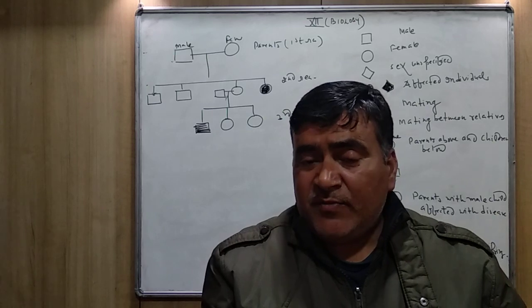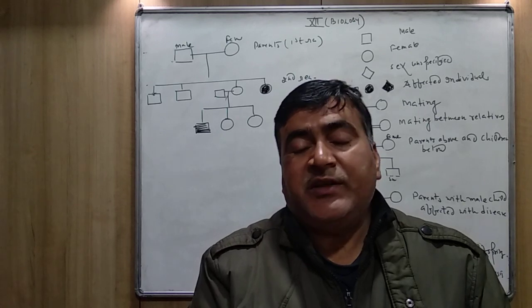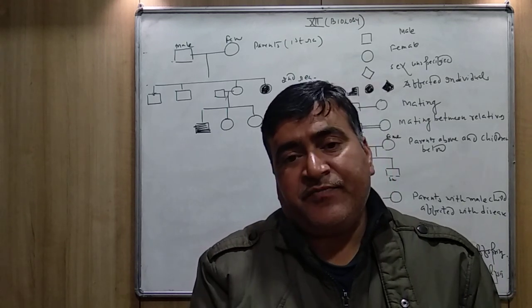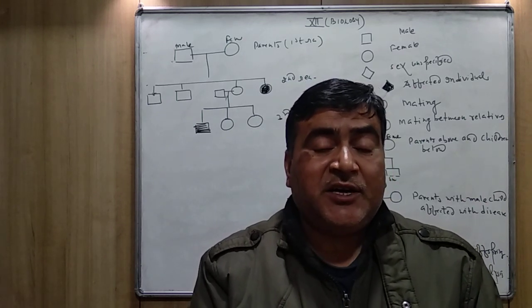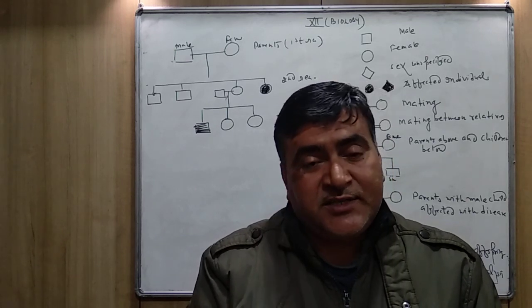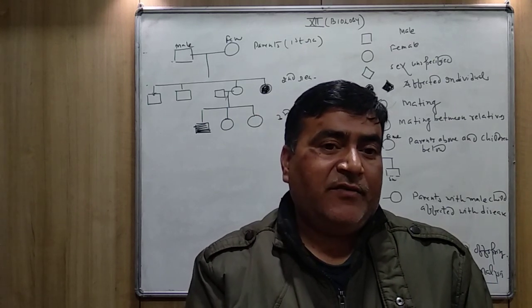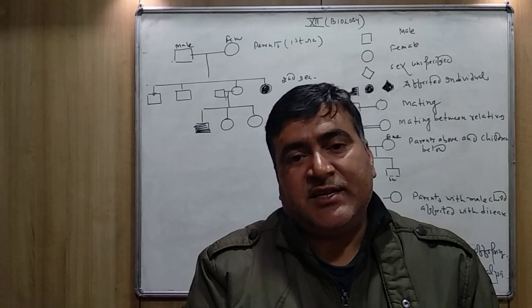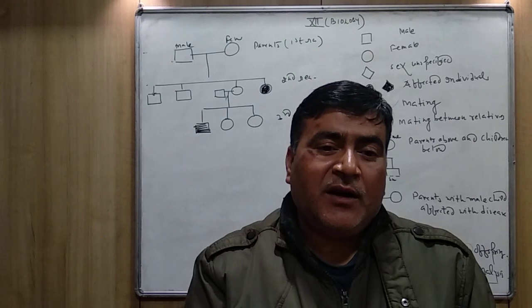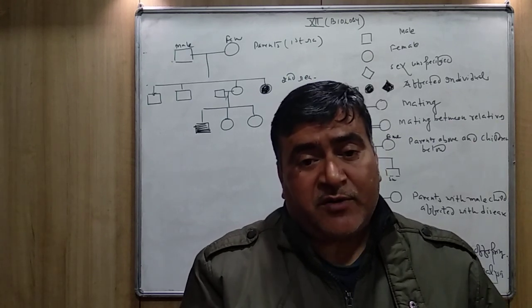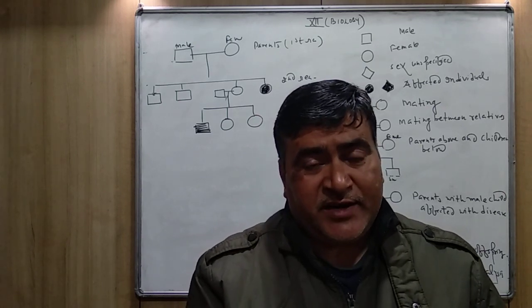Why in this diagram is it the recessive trait? Because the parents are looking normal. They don't have any type of symptoms. They are spending their life normally, but they have the gene, and the gene is in the recessive form. If in a family any child is having a problem, maybe sickle cell anemia or hemophilia or maybe color blindness, their parents may be normal. They are not affected at all.